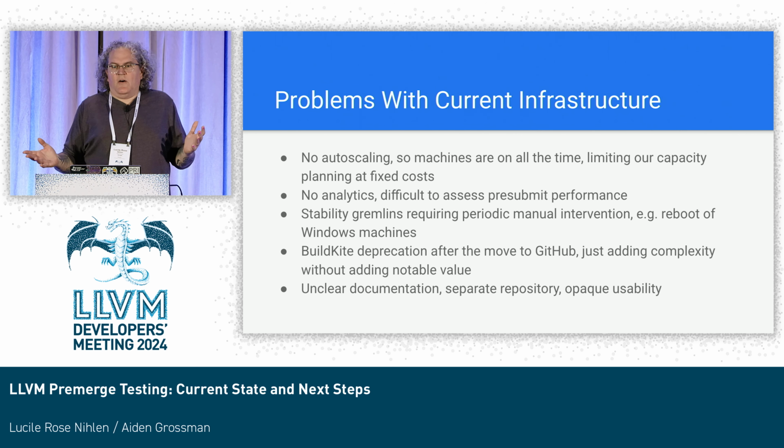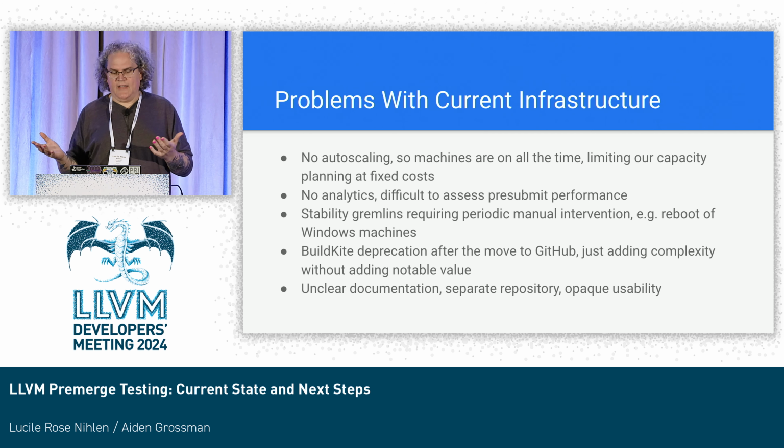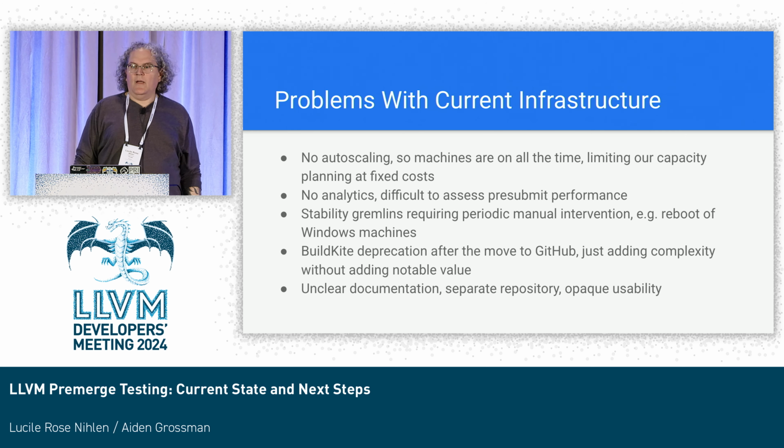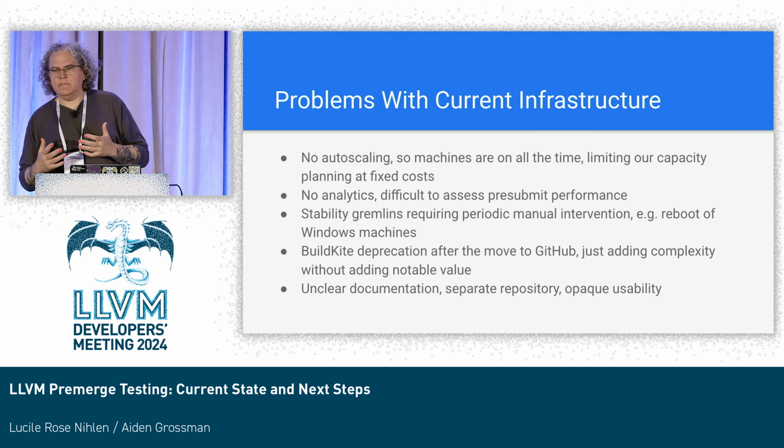There's no analytics, so everything that I just told you is all eyeball statistics. Like I go and I look at the last 14 days on cloud, and nobody else can look at that stuff right now, because it's locked down. Or we talk about, what's the average queuing delay? Well, I think we can qualitatively say they're getting worse or they're getting better, but you can't really quantitatively say it. You can go to Buildkite, and if you have the right permissions, you can look at what the machines are doing right now, how long the jobs have been waiting that they're currently working on. But beyond that,